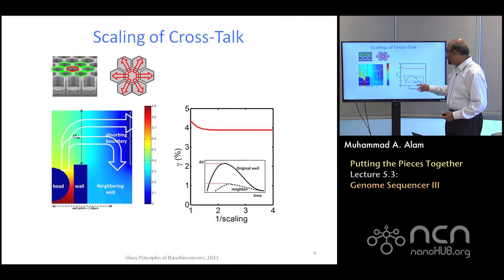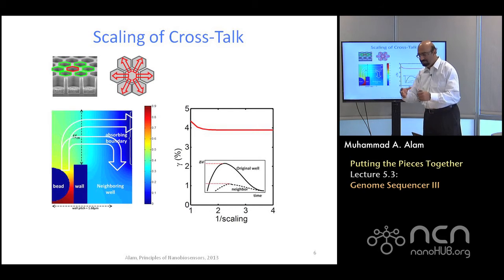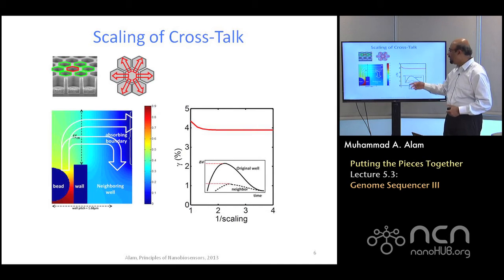And it turns out that the amount of change in the voltage in the neighbor is minuscule. And so even if you make things very small, very compact, the contamination is no more than 3 to 4%. As a result, you will not be making a big mistake. But one must make sure that you account for this couple of percent error so that the reference electrode signal can be appropriately subtracted.